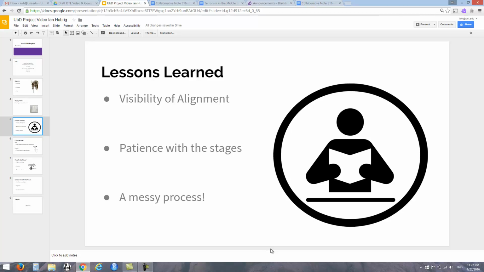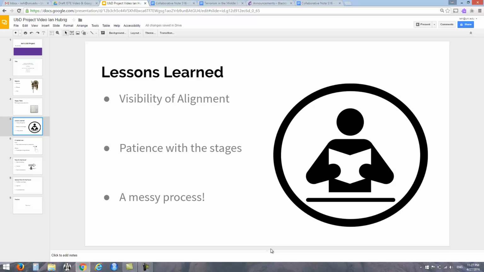Secondarily, it's very important to have patience with your stages. Stage 1 felt easy. It felt like, oh, okay, this is my background, building info, all that sort of thing. Stage 2 was clear as mud to me. And in that process, I got really discouraged because it wasn't becoming as clear as I wanted it to, as quickly as I wanted it to. Which brings me to the third point.